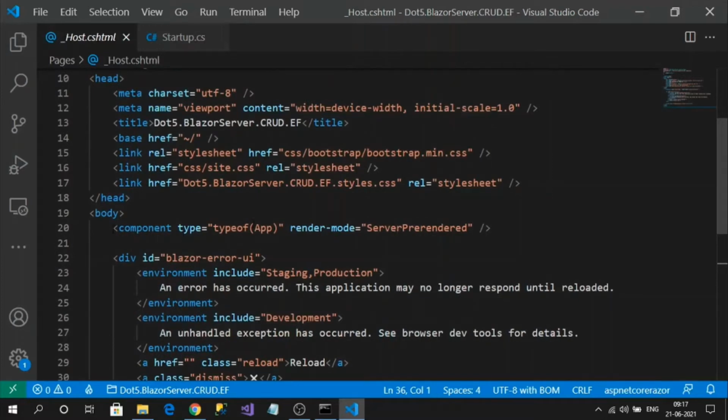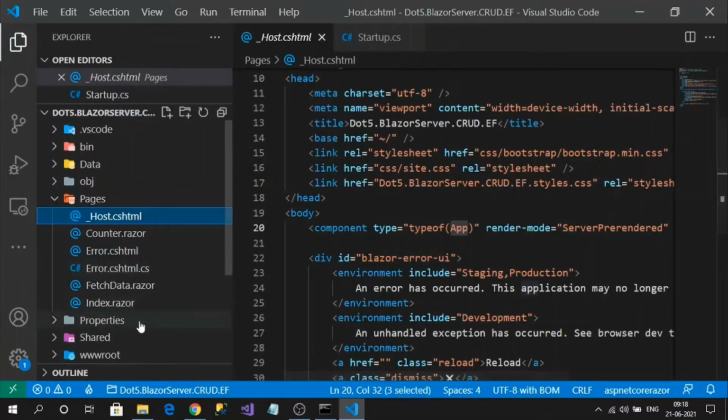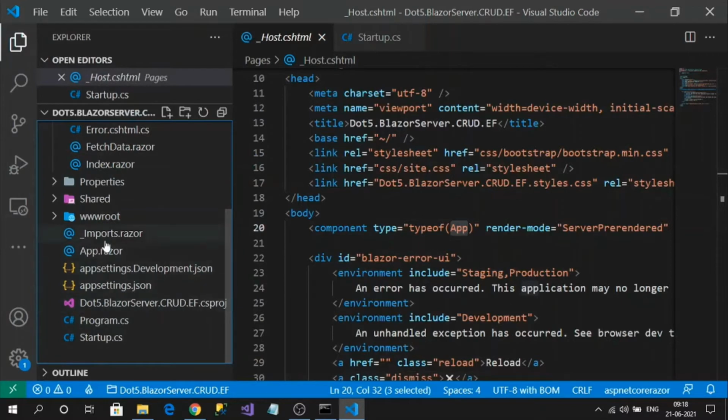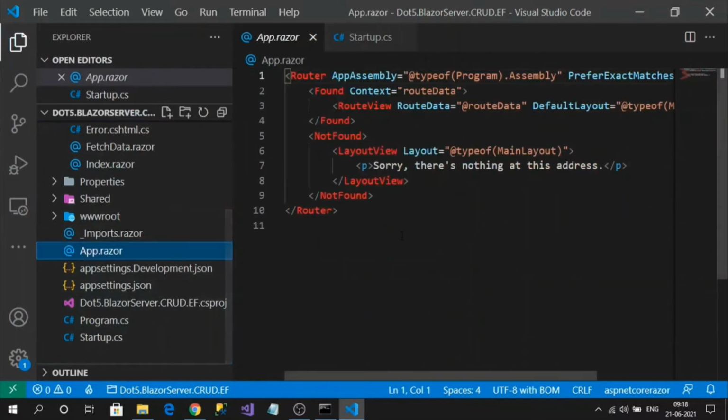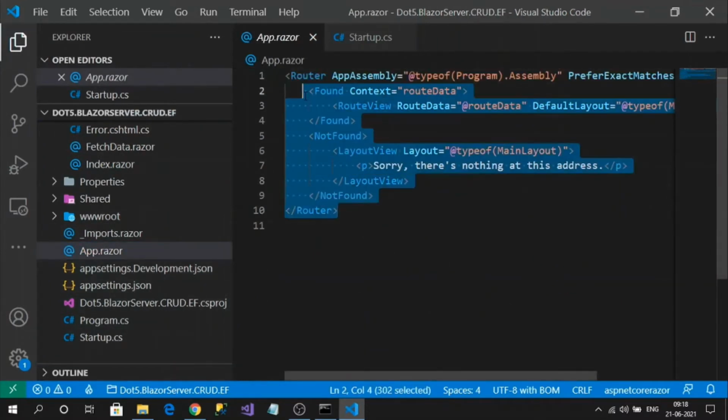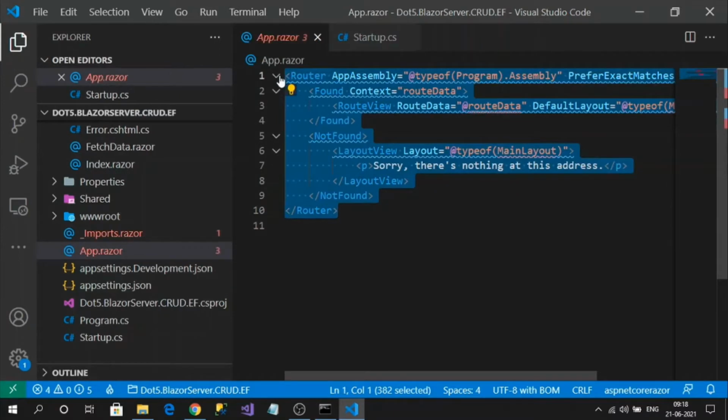But in this, if you observe, there is a component and the name of the component is passed here. This component is nothing but the Blazor component. This app, if you scroll down, you can see App.razor. From here, Blazor code starts getting executed.